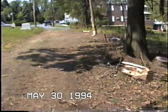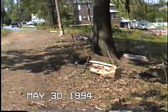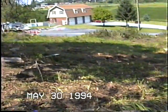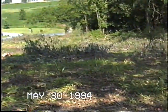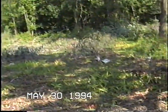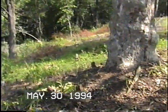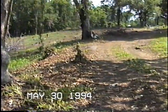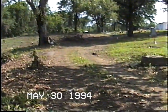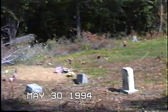This is the little road that runs up from Kelker Street into the cemetery. And this is the area that they've cleared off here just recently. Looks better than just even a couple of days ago. You can see how far up it goes. Done a lot of clearing. Cleared area up here too where the folks have been able to